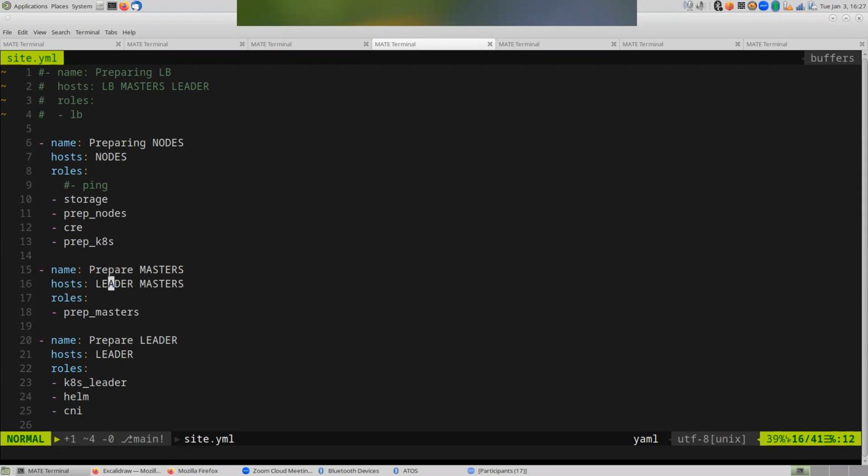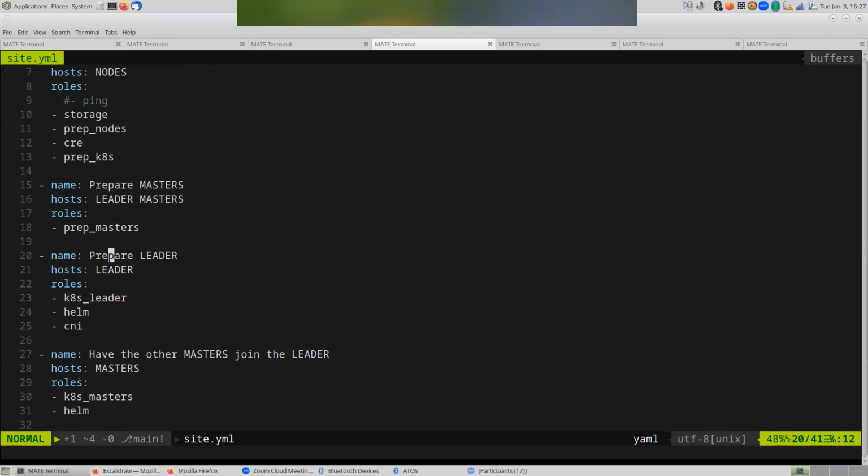So what we're going to do now is we have prepped the masters. Then we're going to do the Kubernetes heavy lifting. So the first thing that we're going to do is prepare the leader. And no worries, we're getting to that in more detail. This is where the kubeadm init happens. So you're going to do here the stuff that needs to be done on the leader. If I have a single control plane, single master, then it's quite simple: the leader is the master. And if I have a highly available control plane, for example,